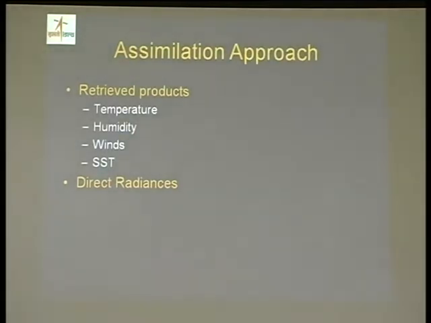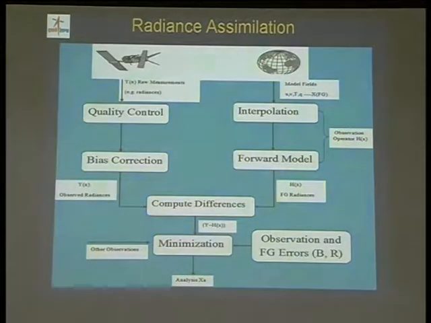For assimilation, you need two types of observations. One is observation as such, like temperature, humidity, wind, sea surface temperature, and many more parameters, which we observe from conventional data. Recently, radiances are also being directly assimilated into the model. So either you can retrieve these parameters from satellite observations, or you can provide radiance directly to the numerical weather prediction model to assimilate into that. And for radiance